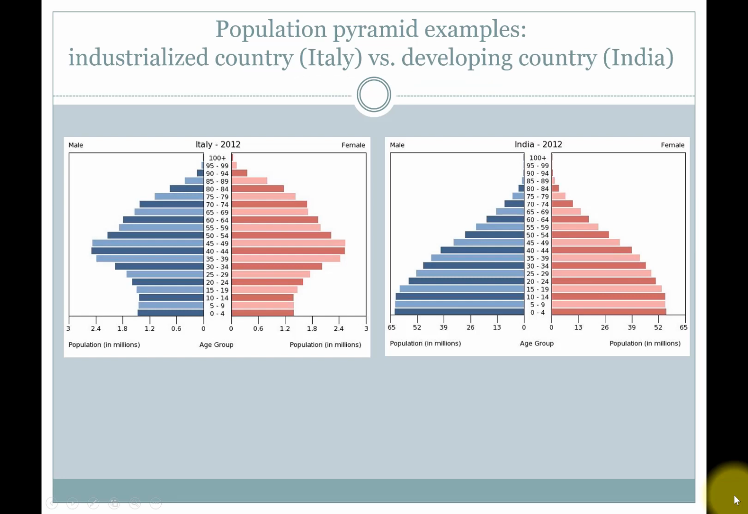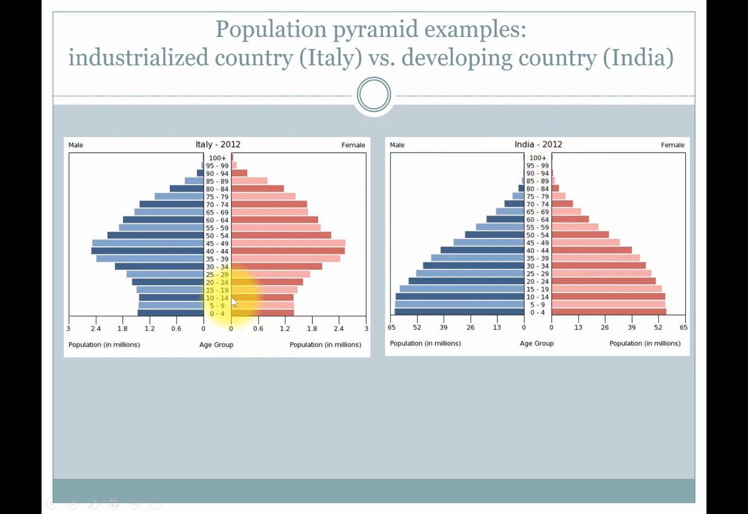Here's an interesting comparison. We have the population pyramid for both Italy, an industrialized nation, and India, a developing nation. What do you see? You can see that the two pyramids differ greatly. In developing nations, the pyramid still looks like a pyramid. In India, it looks like a true pyramid, meaning you have a lot of young people at the base, and as you grow older, due to lack of resources and adequate care, people die